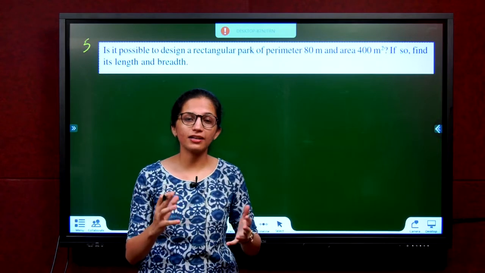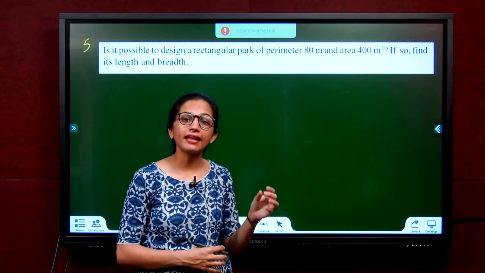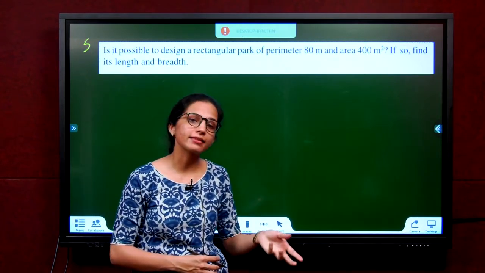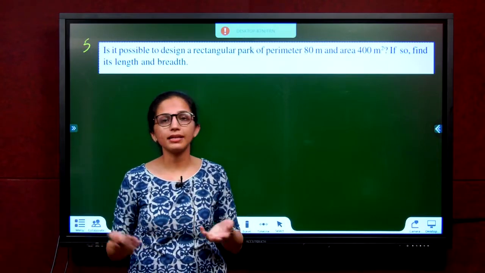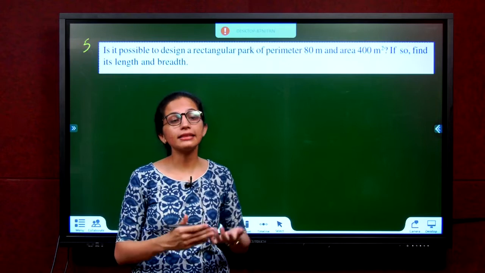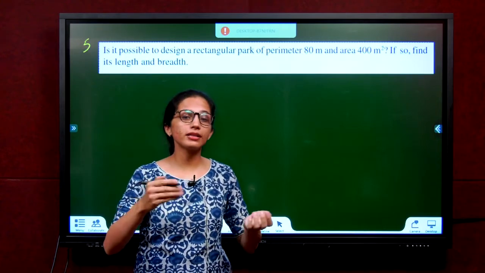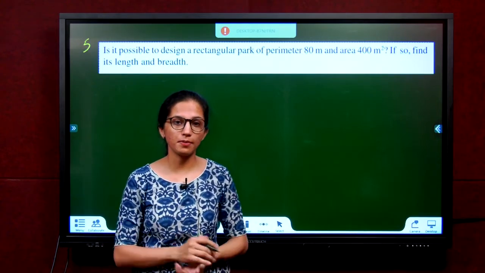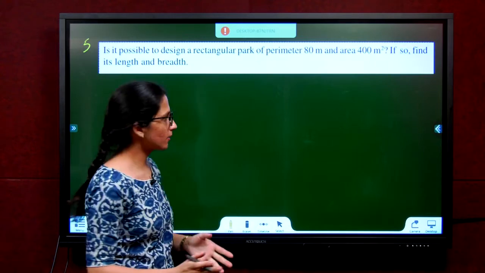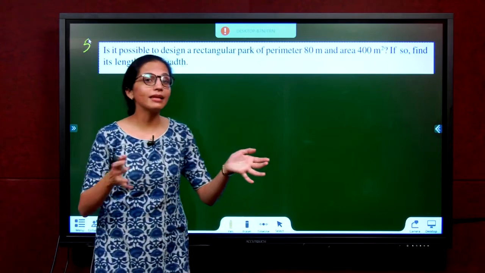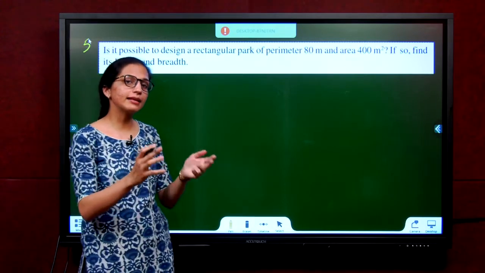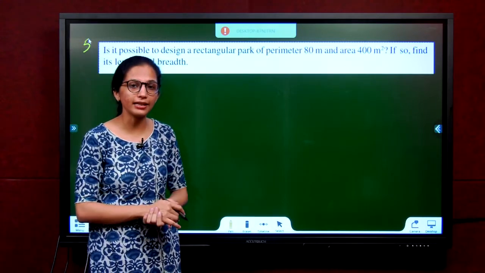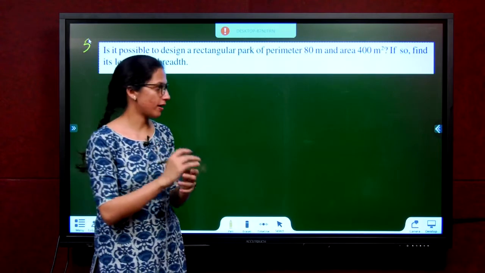So it is difficult. For example, when they say length is 2 times its breadth, easy. L is 2 times B. You take B as X and you get 2X. Or length is 1 more than twice its breadth. We have solved problems like that. In this particular question, they're not telling you anything between length and breadth. So you can use 2 variables and then later on use substitution technique to make it quadratic.